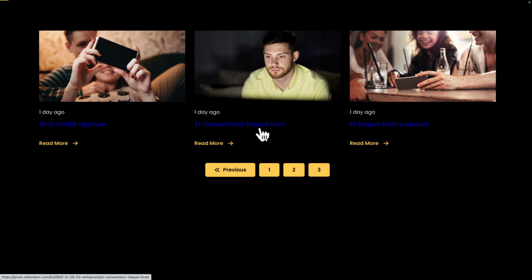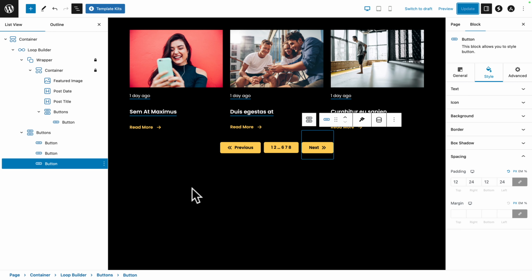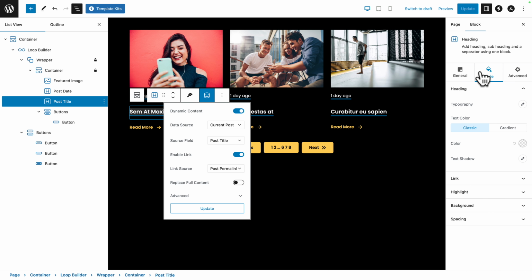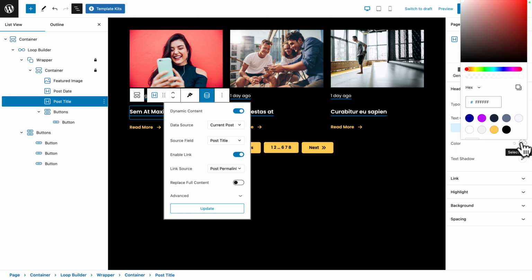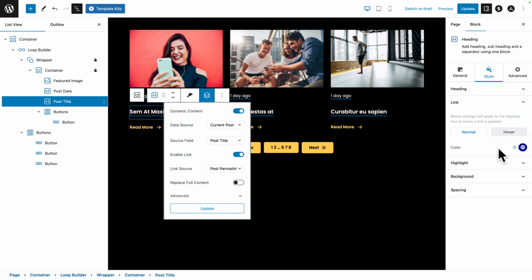But there's still an issue here because the color of the title is not quite what we wanted, and that's for a simple reason. So let's go back in editing mode. Let's select our title, then go to style. And first of all, the color is not set, but even if we change the color here, nothing's going to really happen in the front end because this heading is now a link. Because if you recall, we added here in the dynamic data extension that we want to link this heading to the post permalink. So now you need to click on the link subtab,